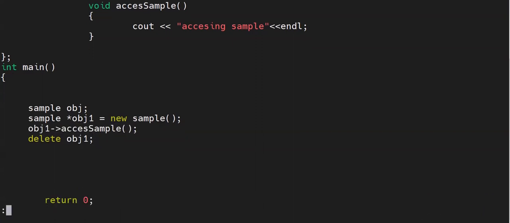Now, why do we need heap memory? This is a very simple case, and it doesn't make any sense to use heap memory here, because you can do the same thing even with a local variable obj instead of a pointer variable.